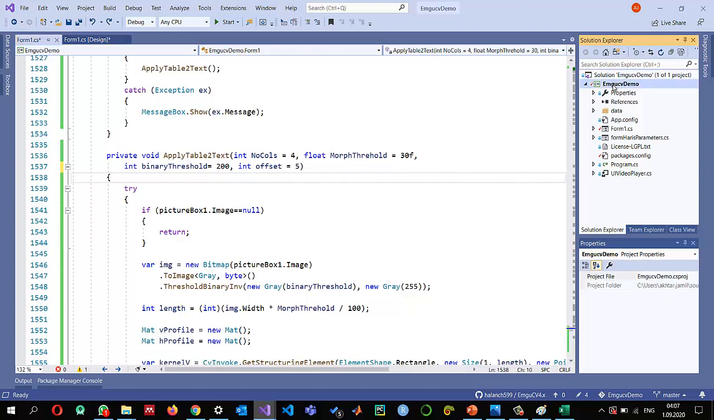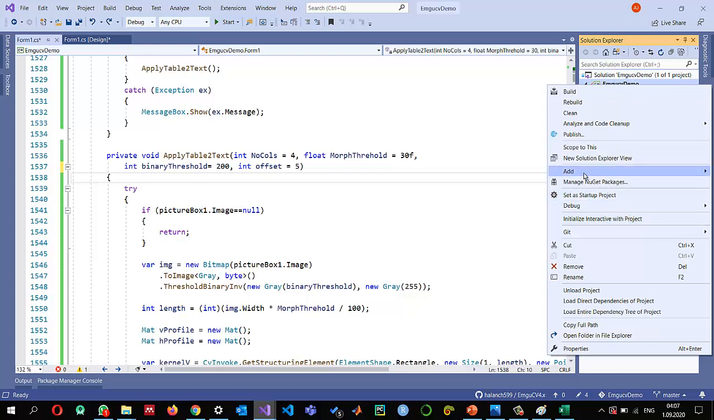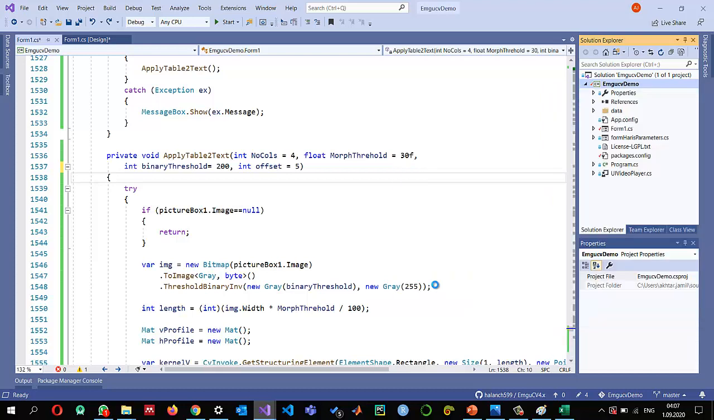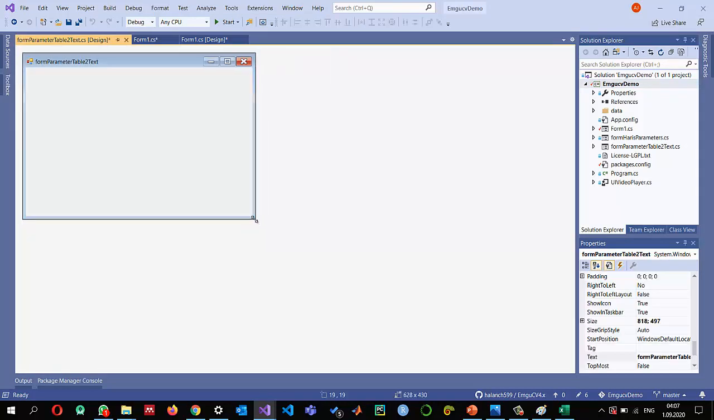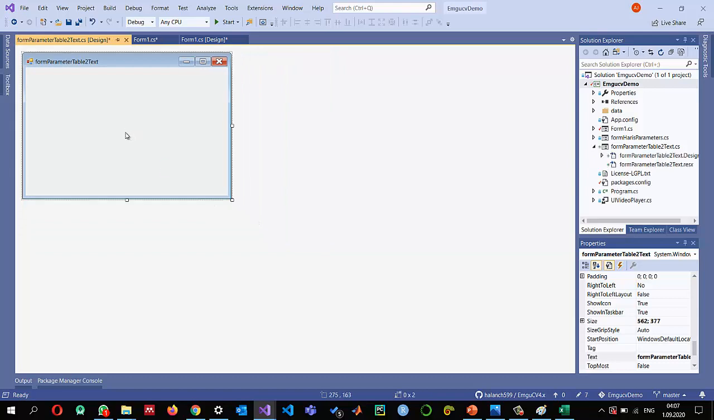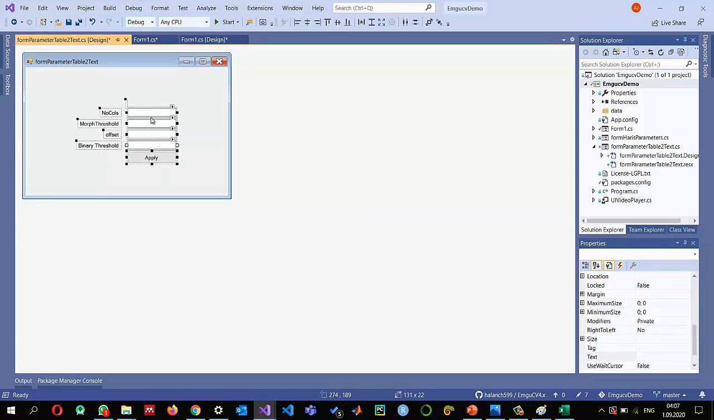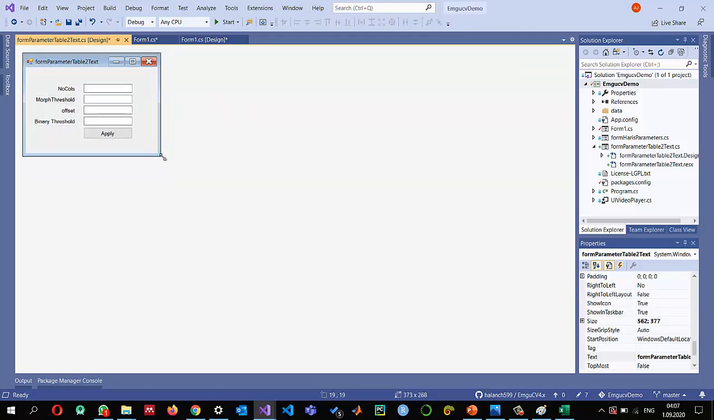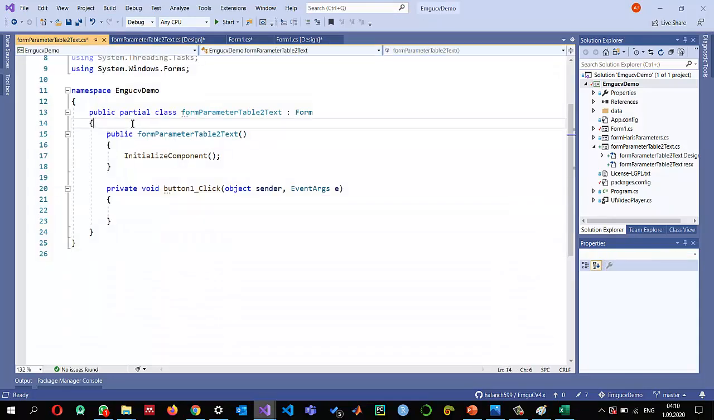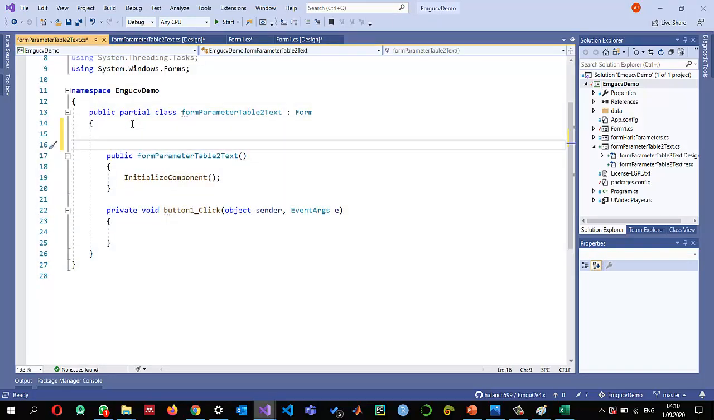I'm going to add a new Windows form, and let me call it form parameters table to text. And I already created these, so I'm just going to paste them. These are just some of the controls you can use, simply labels and text boxes. And once we double click on this apply, we can create a public event,